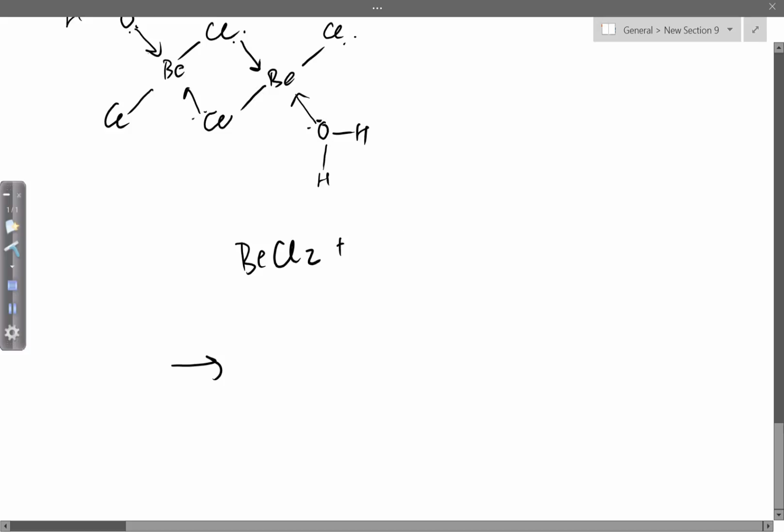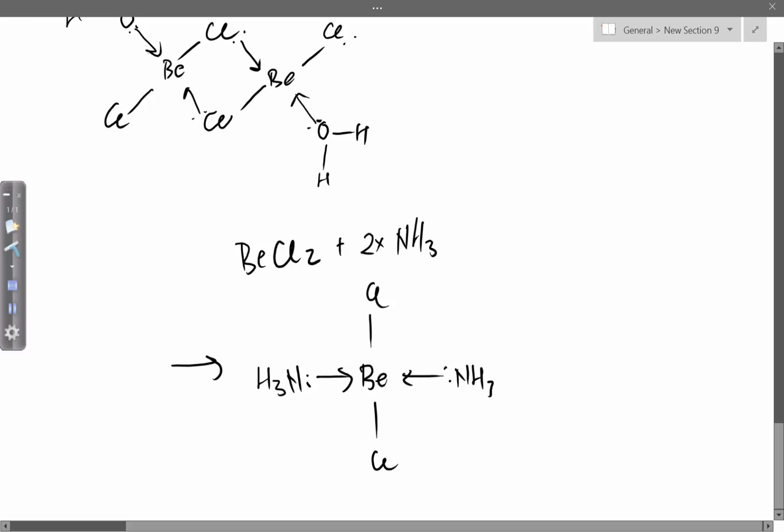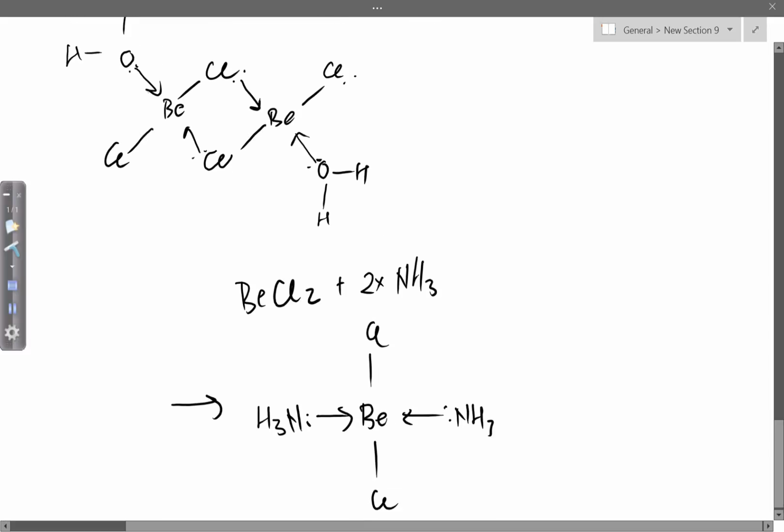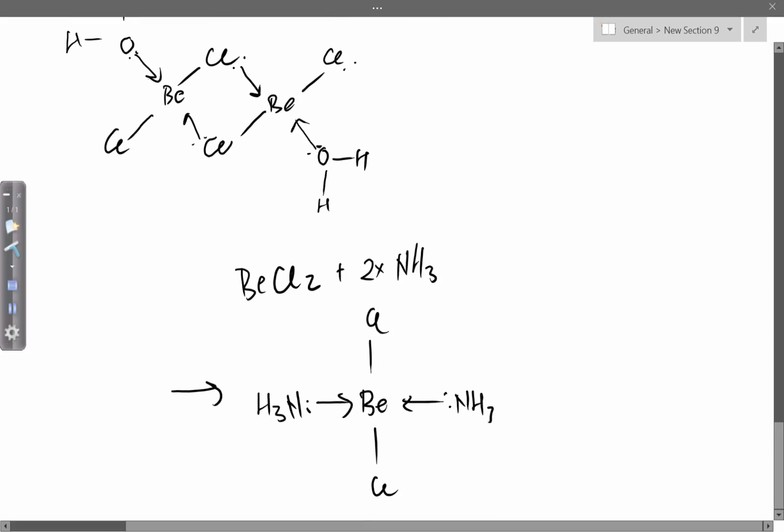So in fact, I can say BeCl2 reacts with ammonia, and if let's say BeCl2 reacts with ammonia twice, I'll get this structure: Cl, Cl, ammonia, ammonia. Right, where everything achieves octet. So there can be a lot of funny patterns that can come out from these kind of questions, right? Okay, so we can